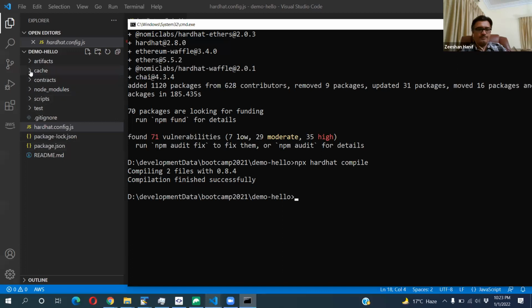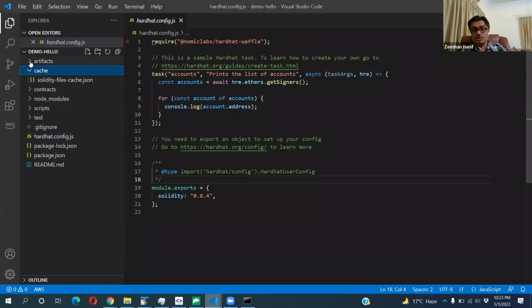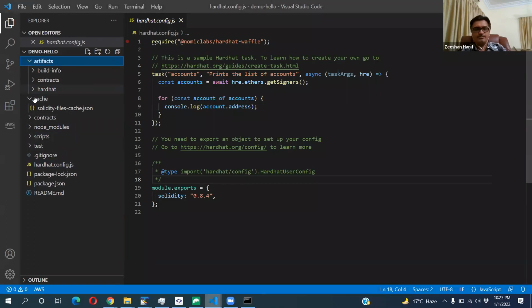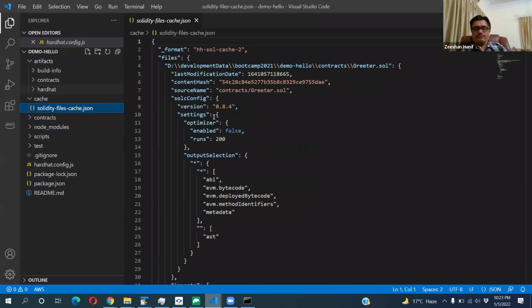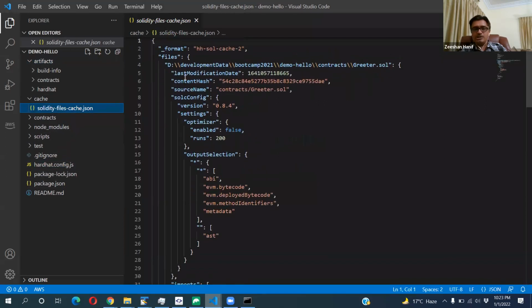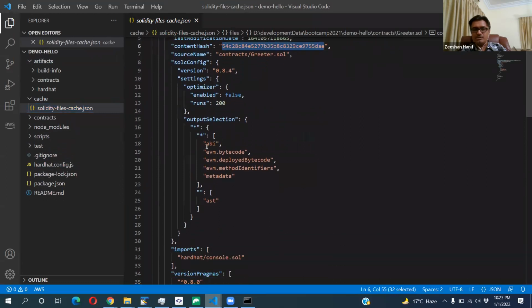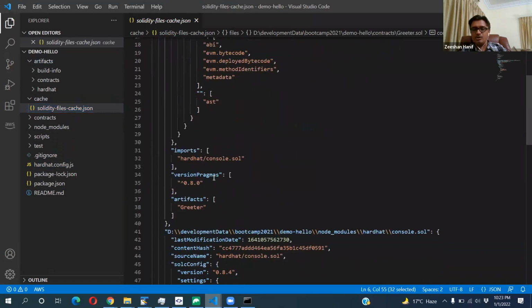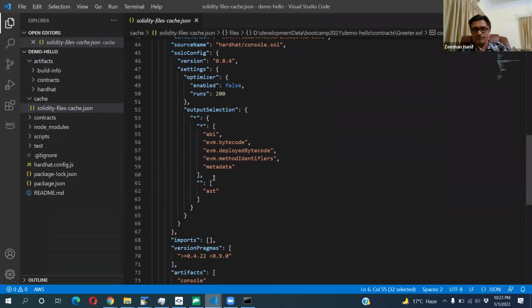Now you can see we have two new folders: cache and artifacts. Cache will have the details of your code, hash code, source name, your file name, and what the content of your build folder is.